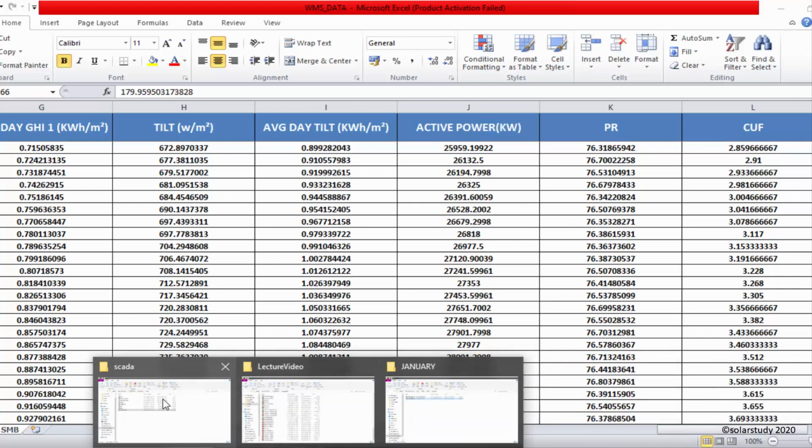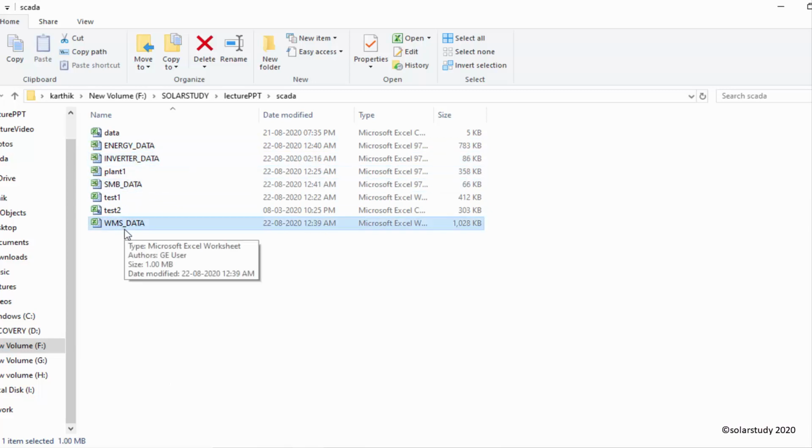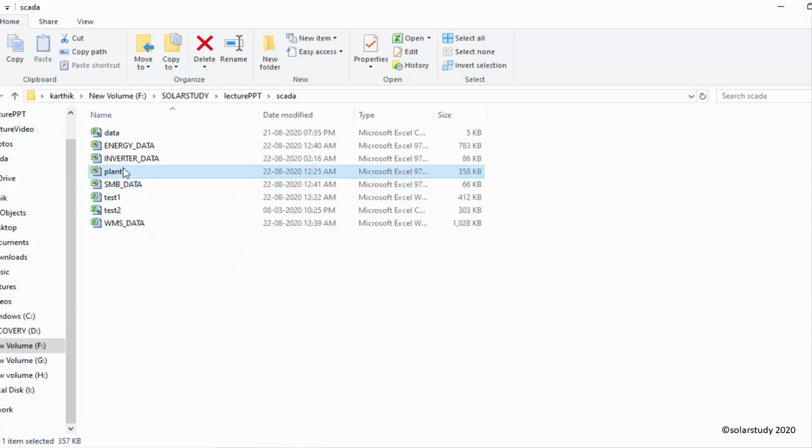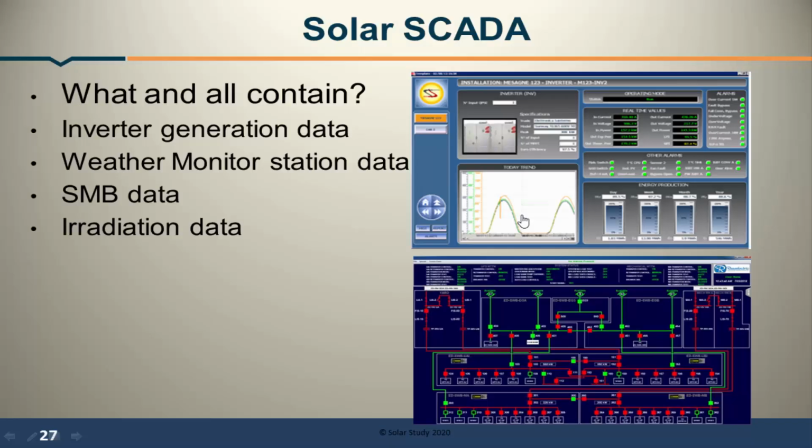So finally, one, two, three, four. These are the four data sets present in one of the power plants. Let's consider this is power plant 2, and a power plant contains only one Excel data set containing all the parameters. Here there are 5 different Excel sheets with different data sets, with much more acquisition capability. So finally we have seen the different types of SCADA systems. There are many SCADA systems available on the internet. You can go through them and start analyzing.